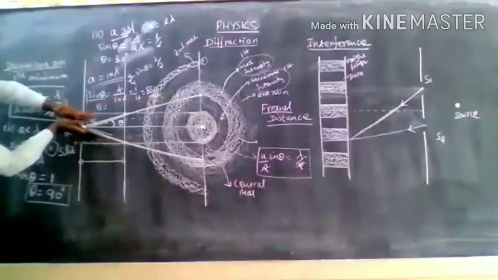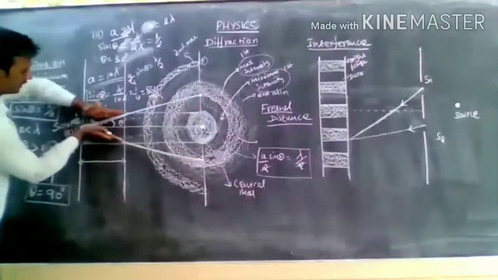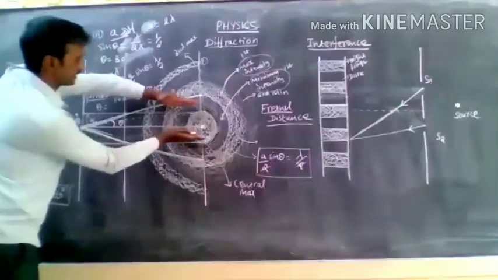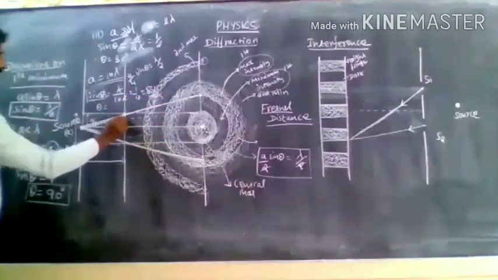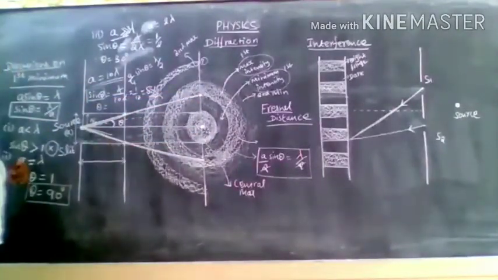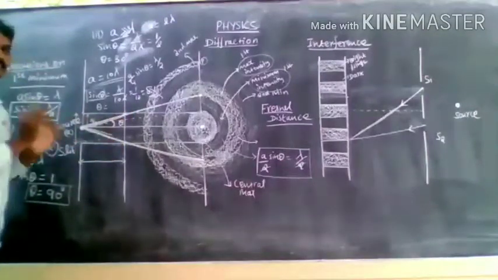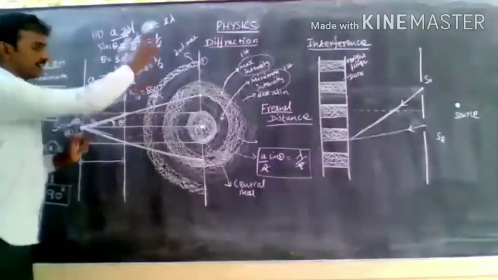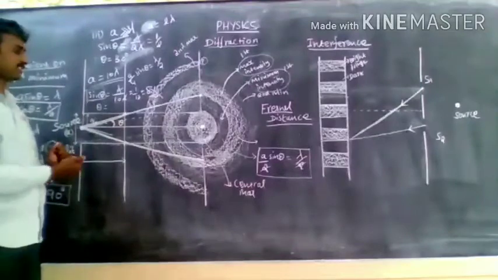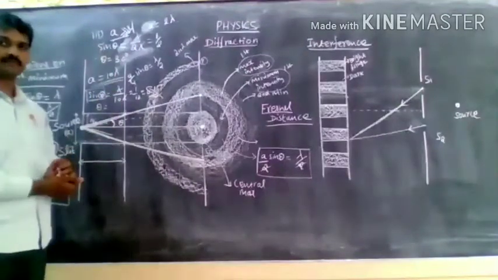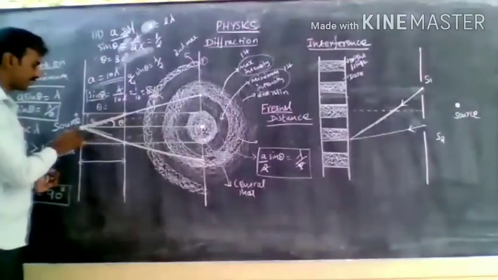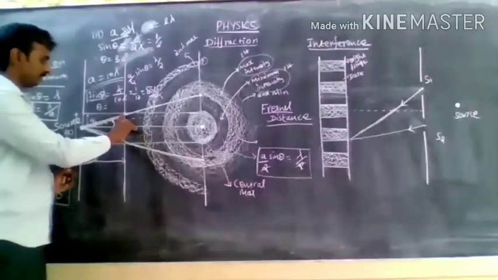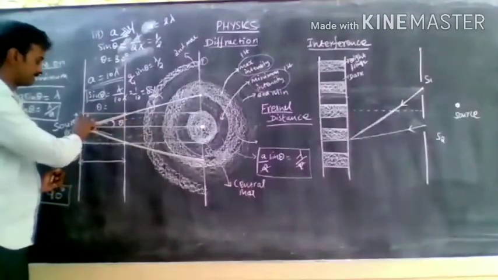It means the diffracted rays are falling inside the central maximum of the light rays. Therefore, we cannot see the diffracted ray on the screen, because the diffracted rays are well within the central bright